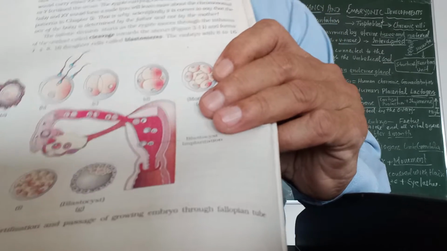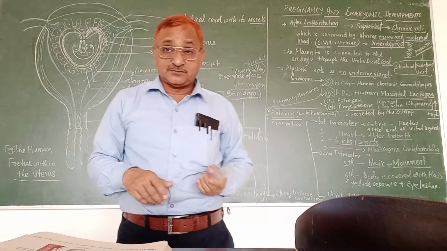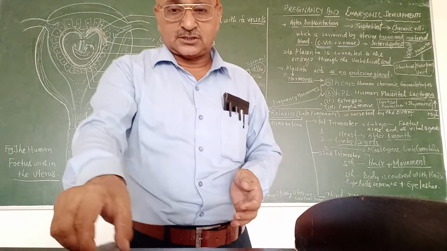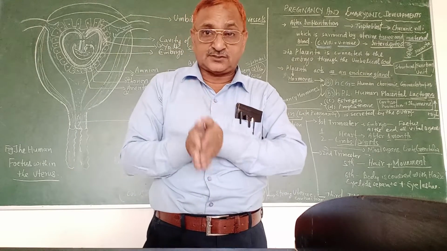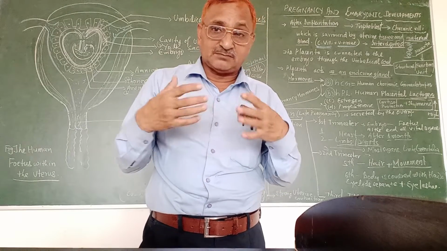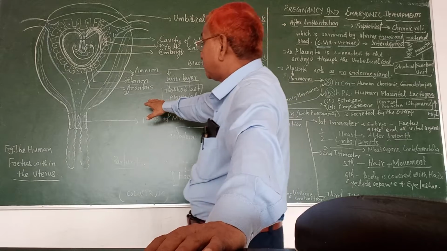Here you are observing. So what happens after that? This journey you are already familiar with. The continuous cell division is called cleavage. After cleavage, many cells are added and the blastocyst attaches, and implantation takes place with the uterine wall. You are already familiar with this.